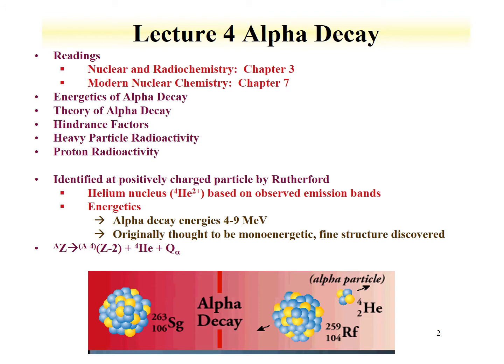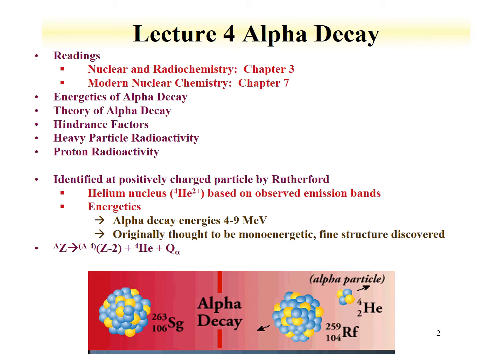We're going to introduce a term called hindrance factors. We're also going to talk about heavy particle radioactivity, in other words, decay of something that's a charged particle larger than a helium nucleus. We'll introduce the concept that some isotopes have a very, very small branching of a decay of something like carbon-12. And then we'll talk about proton radioactivity, in other words, proton decay. There's a range on the chart of the nuclides, the proton drip line, and we'll discuss the emission of protons